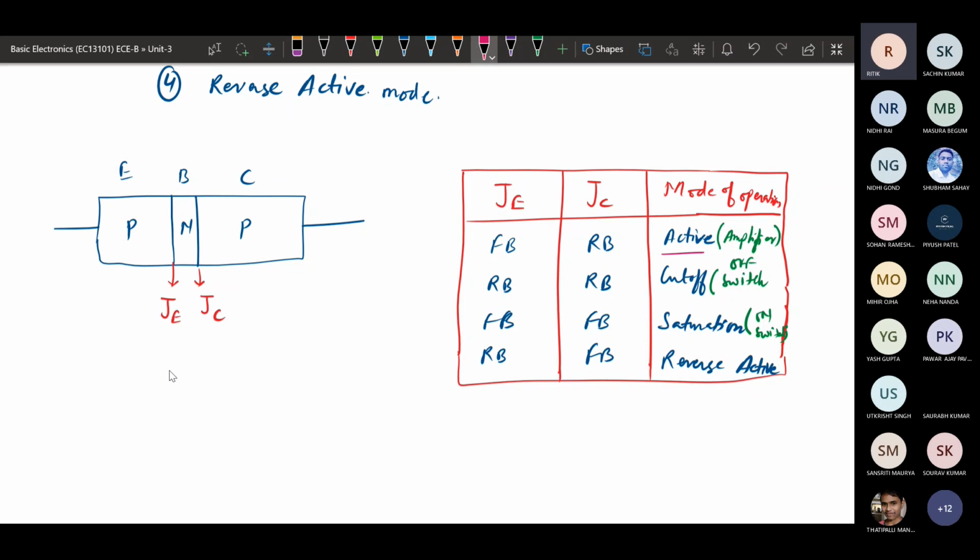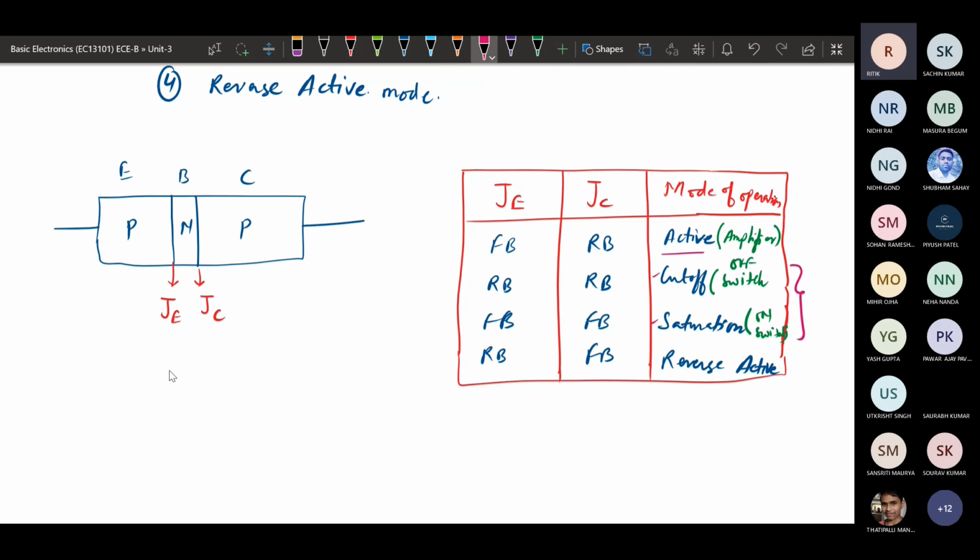The most frequently asked question is: if a BJT is going to work as a switch, in what particular mode should it be operating? The answer is cutoff as well as saturation.